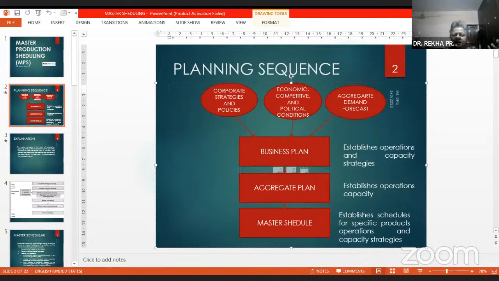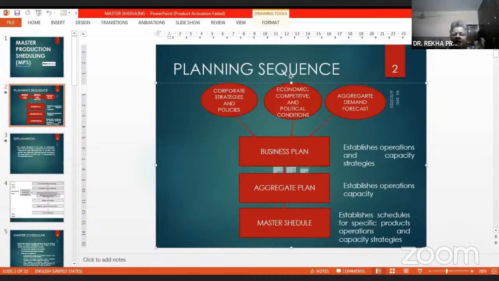It can be cars. For example, Tata Motors manufactures both passenger cars as well as commercial vehicles. And in passenger cars also there will be different types. In commercial vehicles also there will be different types. So first of all it establishes its business plan.